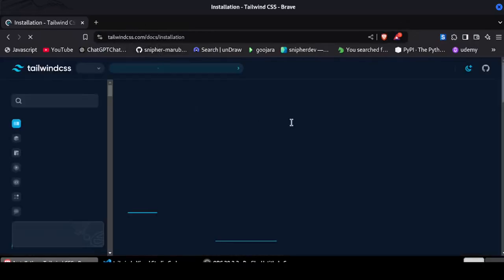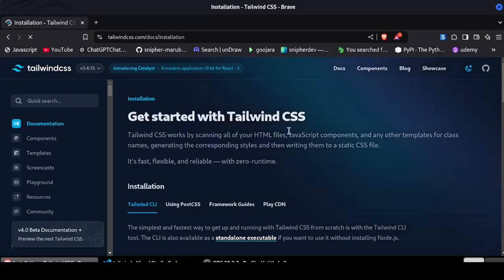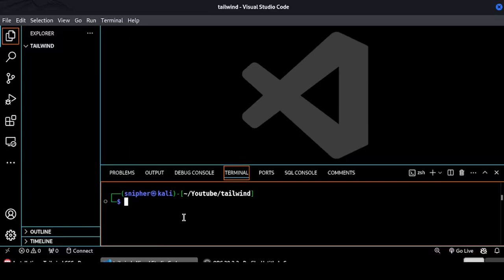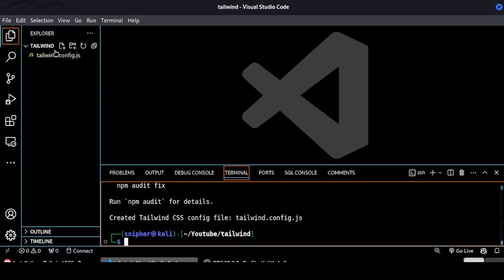So let's use the documentation to install Tailwind CSS. So we'll go here, install Tailwind CSS. So we'll copy this and then head to your code editor at the terminal and then paste it there and then hit enter and wait for a few seconds to install. So you can see once it has installed, it creates this tailwind.css